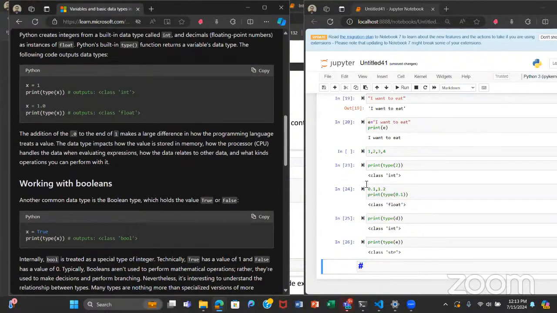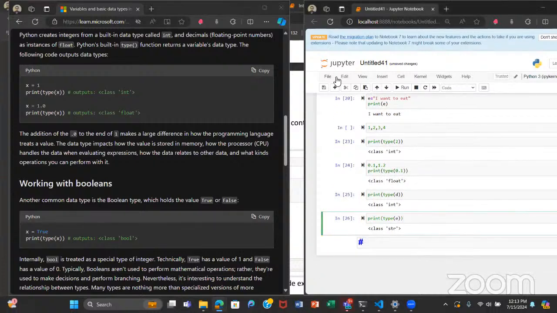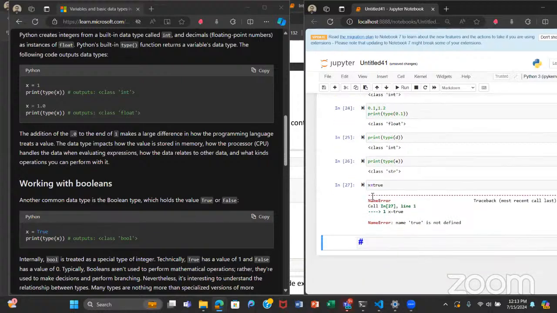All right, the next thing, let's go to working with booleans. A boolean is essentially true or false. That's boolean data. True must be written with a capital T and the other letters small. If you don't do that, you get an error, as you can see here: name error, true is not defined.